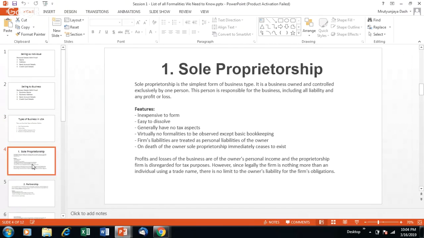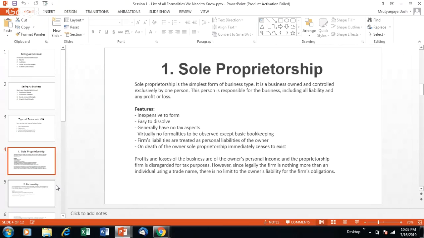When it is a sole proprietorship, basically it is nothing but the individual again, who is just registering with the government, saying that they want to do business. When they register with a trade name, they will have to give a name, and with that name they will do the business, though there is only one person. The responsibility for that company is on one person, and he is the sole proprietor for that entity.